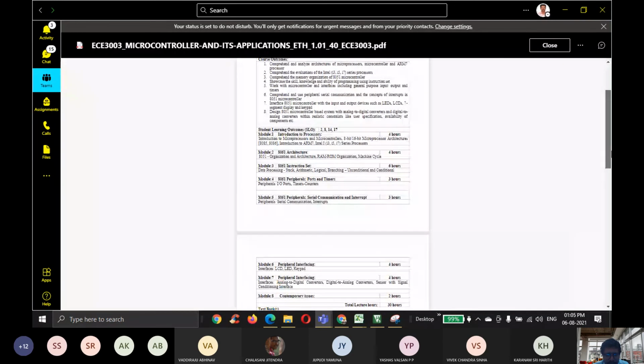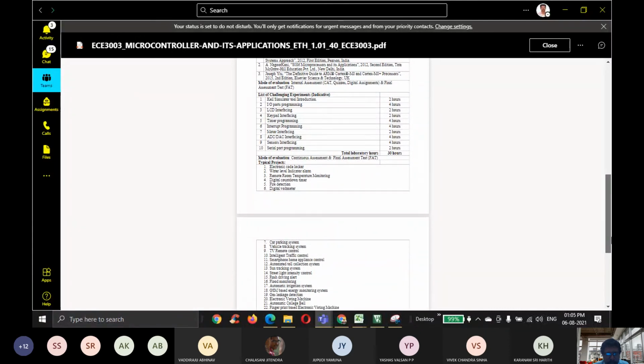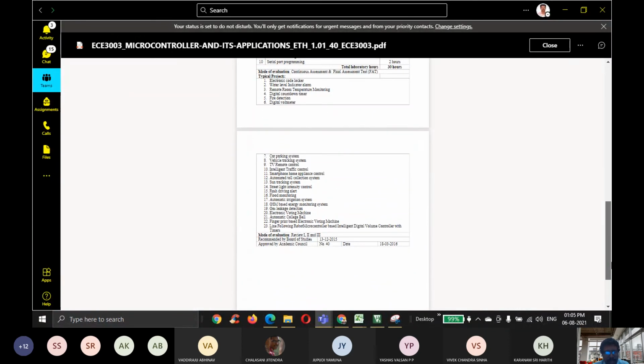Below that, they have given the list of projects which can be done, similar to these typical projects. You cannot choose anything directly from this typical list. This is just a guideline. Avoid choosing home automation, because nowadays Google Home and Amazon speakers play a vital role and provide good communication. Instead, take some other idea, an enhanced version of what is listed here. You find it from Google or from IEEE papers and select it yourself.